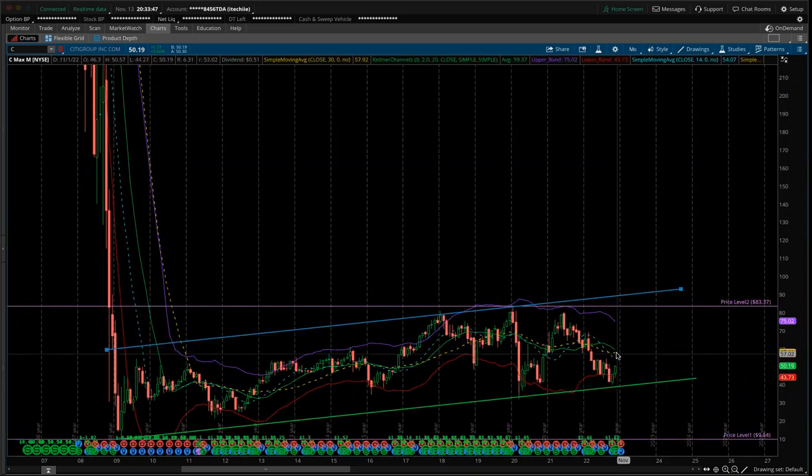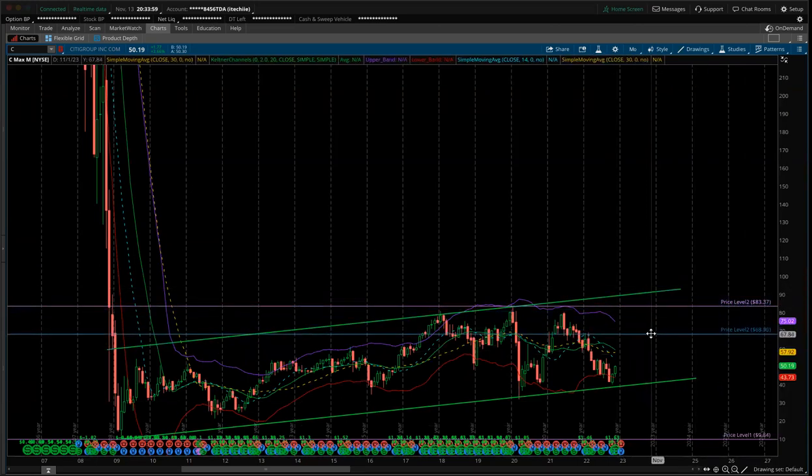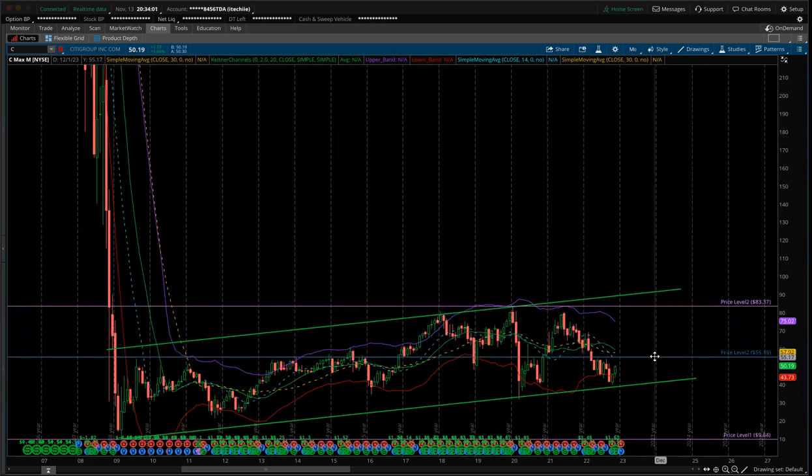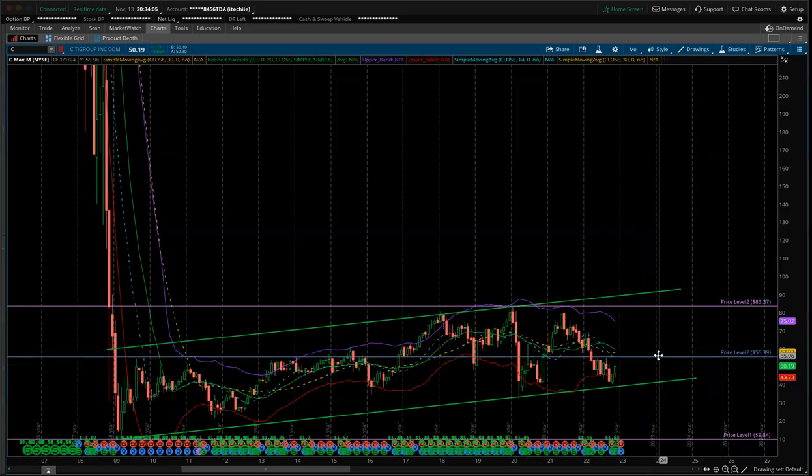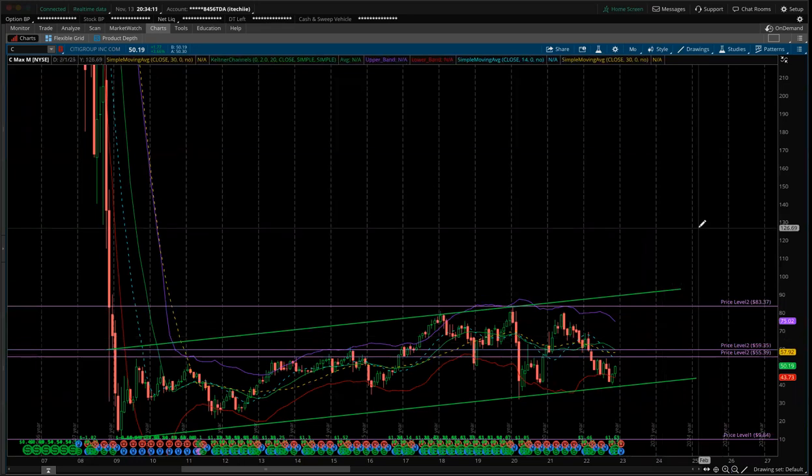Targeting that middle celt on the monthly. And once we get above that, I'm going to duplicate my horizontal line and drop it down to here, because this is going to be that key area. I'm going to duplicate one more because this is the 14 SMA and here is your middle celt. Once it gets over 59.35,